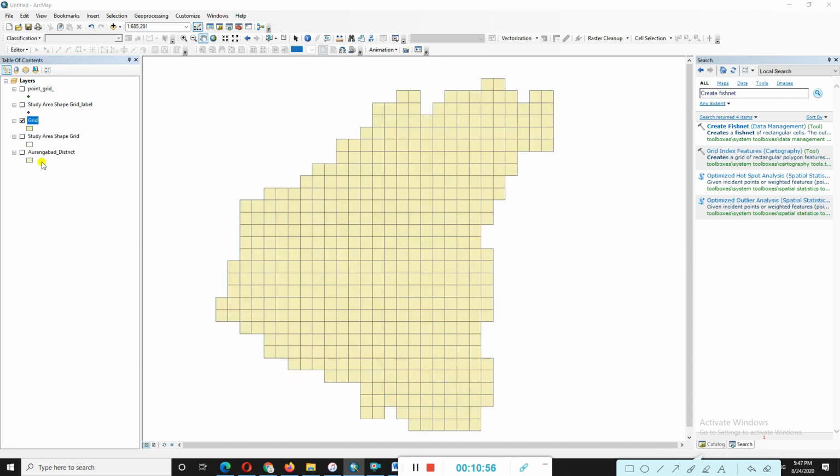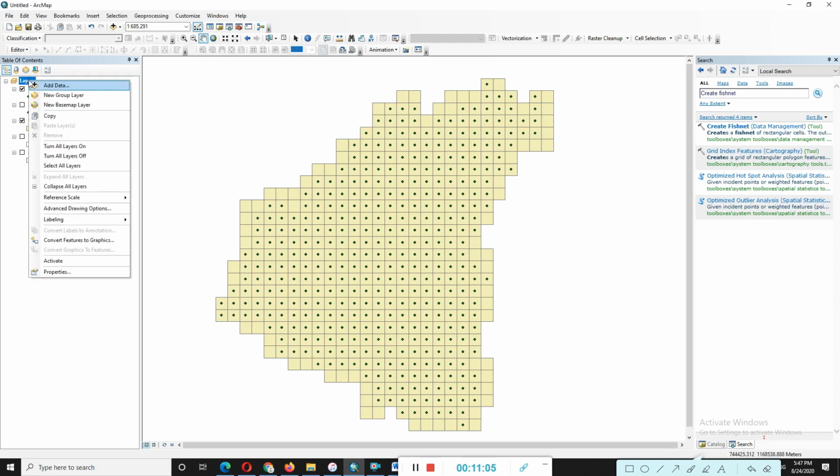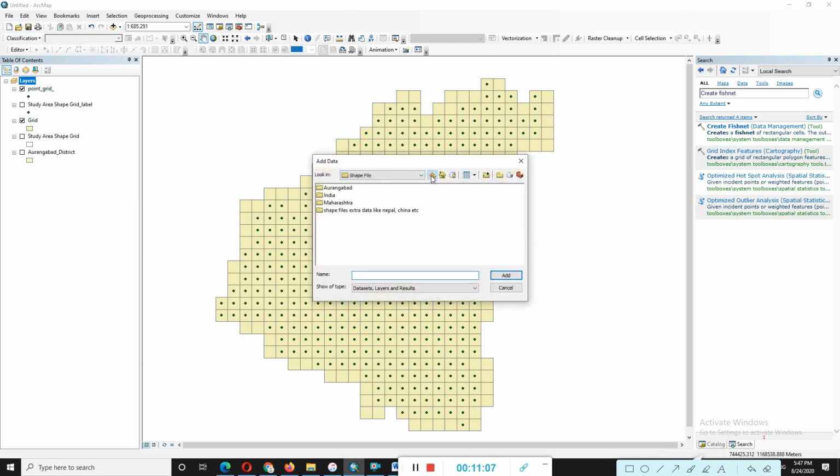Okay, so hope you enjoy these practicals. You can look here, this is your data. I am adding here some multispectral data.